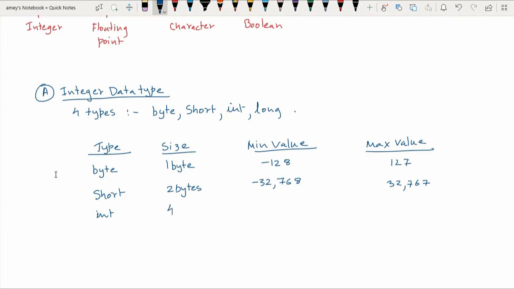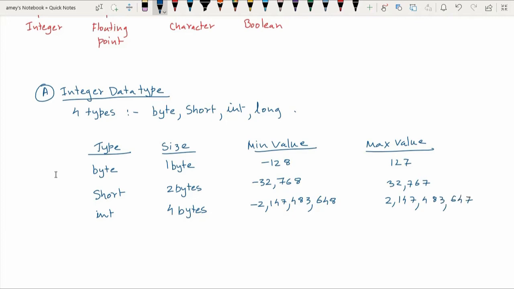The size is 4 bytes. The minimum value is -2147483648 and the maximum value is 2147483647.